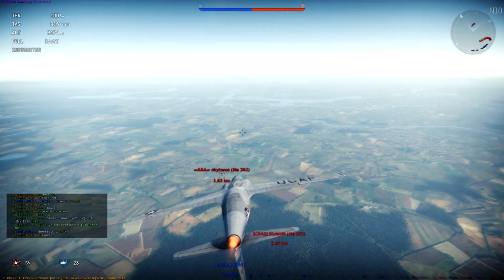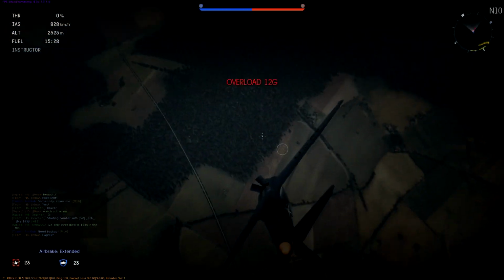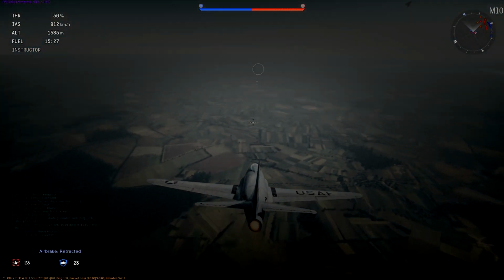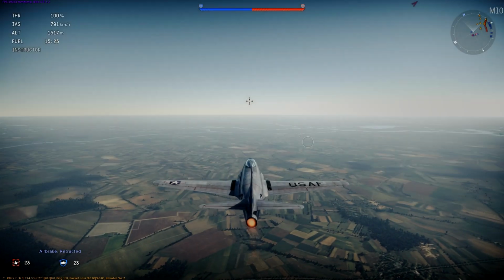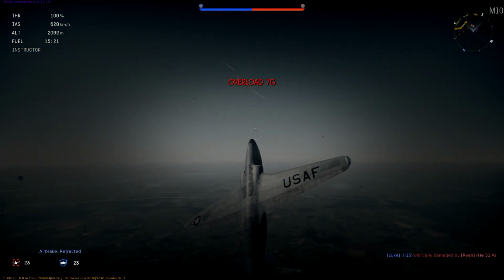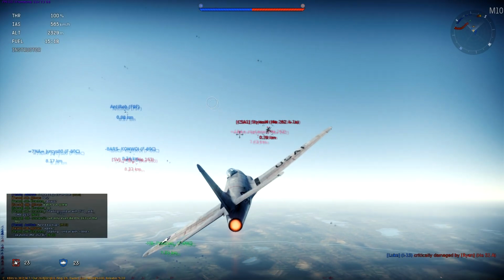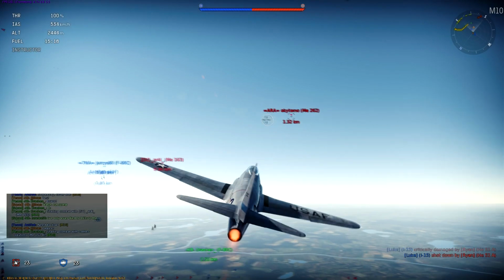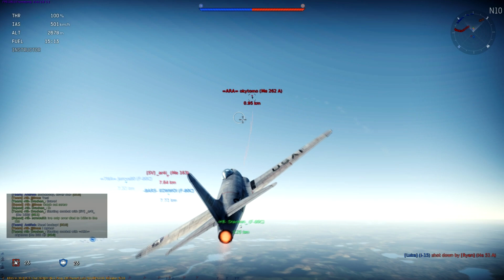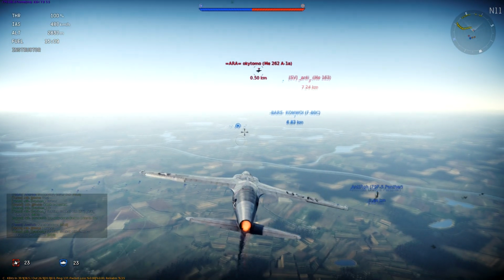And here we are against 262s, and the trick against 262s is never get below them. That's when they can actually dive and get speeds that will keep up with you and really take you out quite quickly with 430 millimeters. So just avoid getting below these things. If you do make a pass through, yo-yo right back up. And as you can see, they're stalling out. Just missed my shot there. And you really can catch these planes in a lot of trouble when they start trying to climb and attack, because they slow down